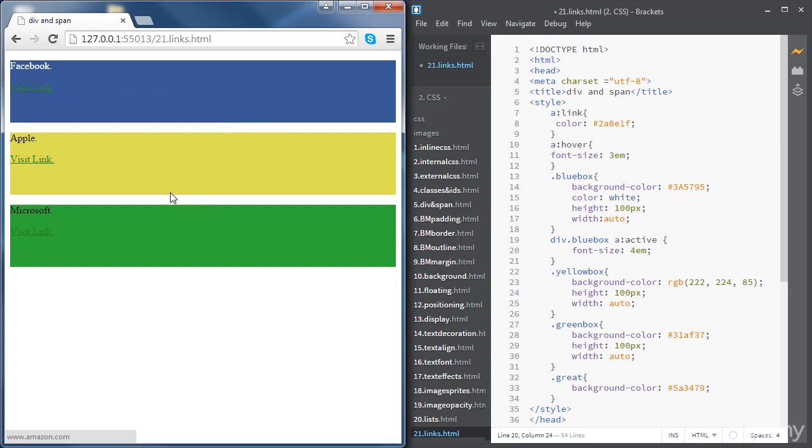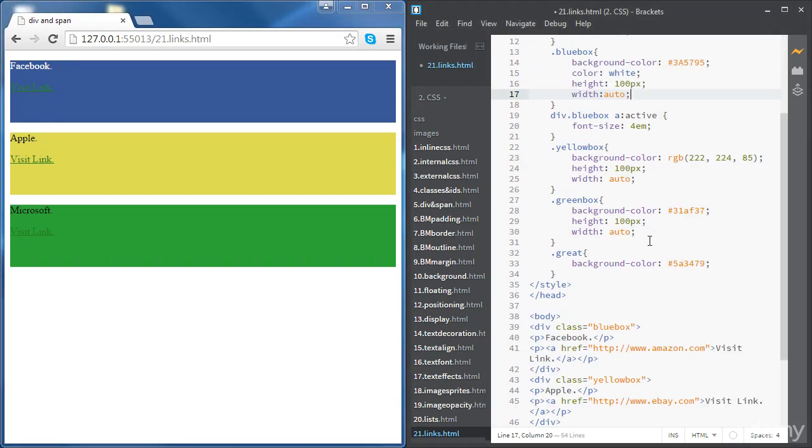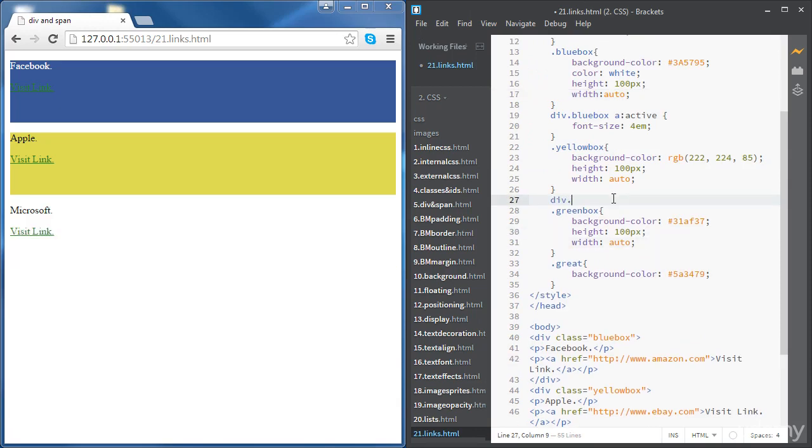All right. If we look at the other links, if we hover, it's also 3M, right? But if we click on the link and we hold the mouse key, at the moment we don't have any styling for that. Okay, so let's try the link inside Apple, div dot yellow box, and then A, and now we want to style the link when it's already visited. So the syntax is going to be visited,